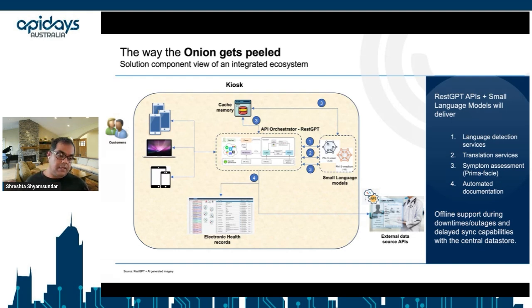One of the unique solution elements that we were able to bring through this was being able to ensure offline support. By using some of these devices, the kiosk was able to run on auxiliary power for several hours during downtimes. And given that much of the responsibility was being discharged locally, reliance on external internet was also fairly limited. So with delaying sync with the central data store, we were able to make our first version work very well in this particular use case.